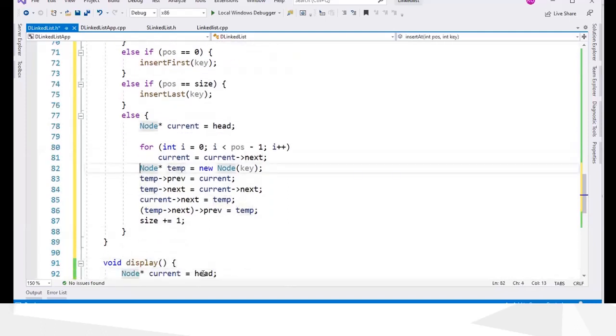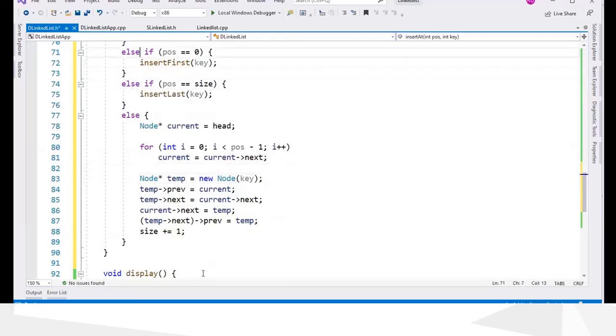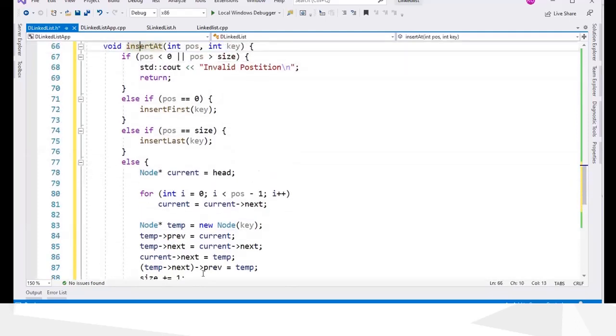I will put a space here. So this will be the insert add function. So we will test this.